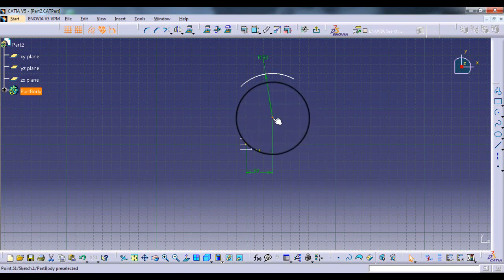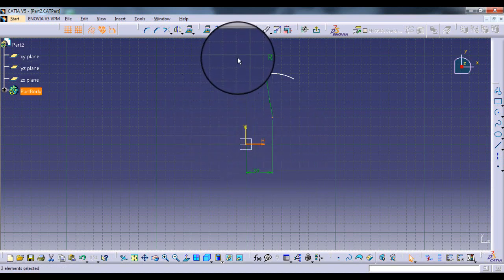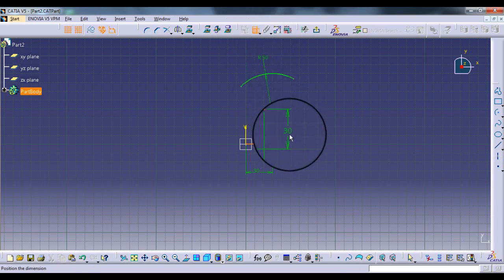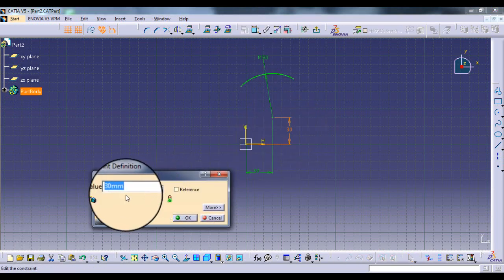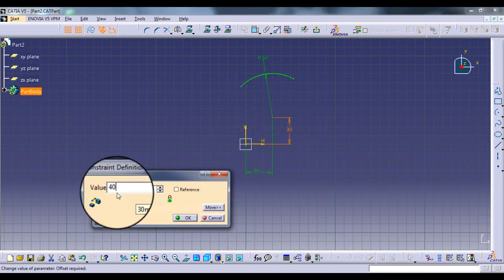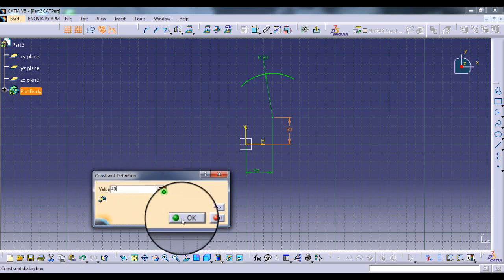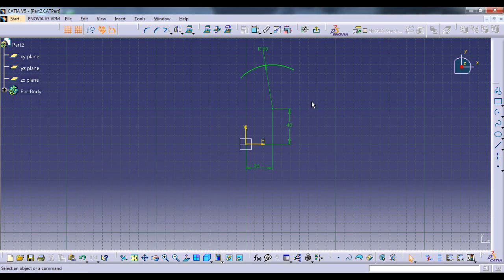Similarly, we want the vertical distance to be 40 mm, so again we will enter the distance as 40 mm, and then again we will click on this OK button. So this is how we can make an arc using this arc command.